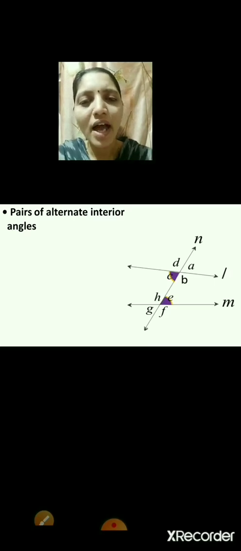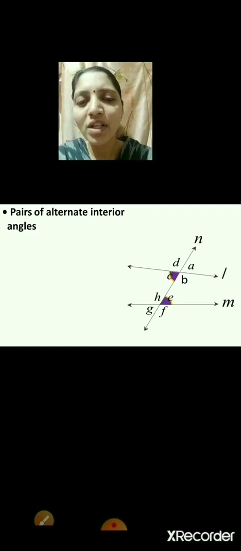Here angle C and angle E are called alternate interior angles. Why are they called alternate interior angles? Because the angles which are present within the two lines are called interior angles, and the angles should be on either side of the transversal to call them alternate interior angles. If you observe this figure, alternate interior angles also form a Z-like structure. That way you can find alternate angles very easily.